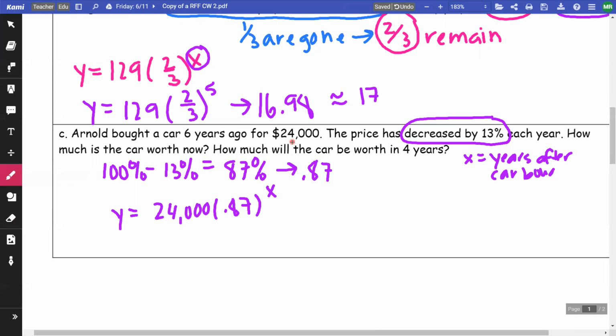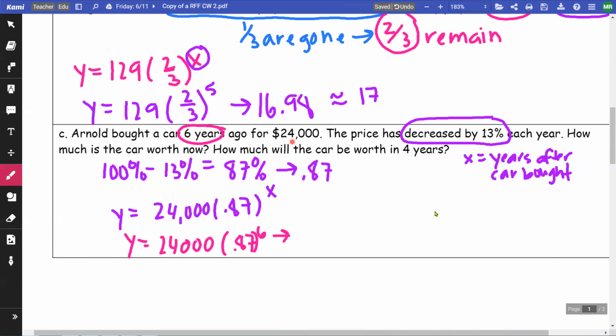And again, that was 6 years ago. So if we want to know how much the car is worth now, what we're going to do is now would be 6 years from then. So I'm going to be putting in 6 years because this was 6 years ago, but now is going to be 6 years from then. So I'm going to put in the power 6